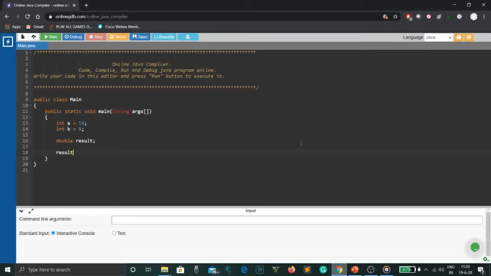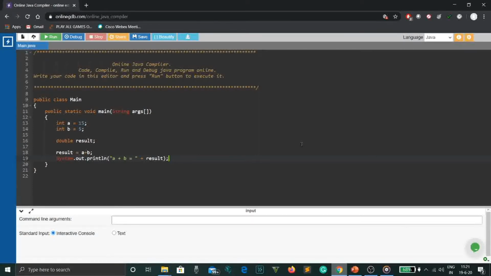Then we write "a + b = " in double inverted commas, and then we write + result to concatenate the result value with "a + b = ". This will give us the output as a + b equal to whatever the answer is. Here the answer will be 20, hopefully. So we'll get the answer.